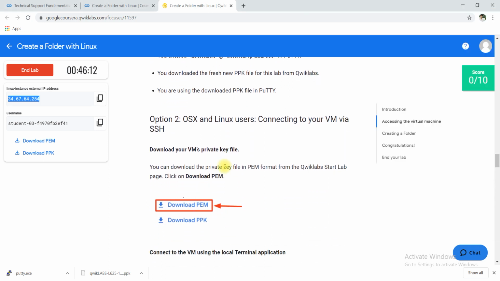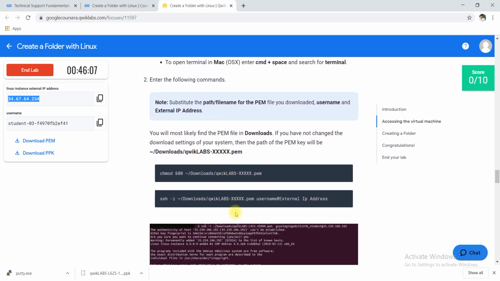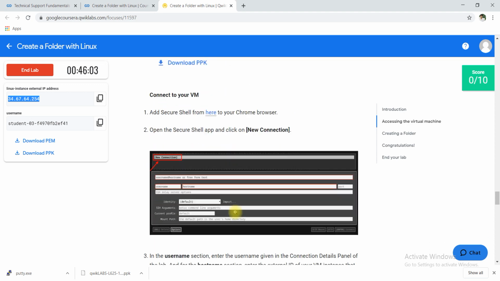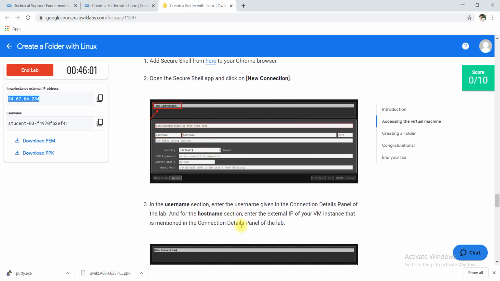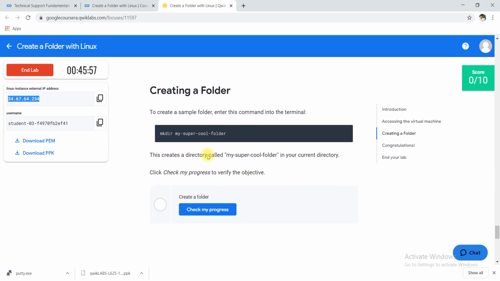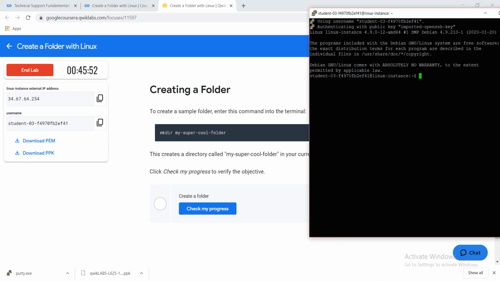They show commands to download files, but there is no need to download; even without downloading we can create it. We do not need to set up the host or anything, we can simply create this folder. I will copy this command and paste it here, and enter. So the folder is created.